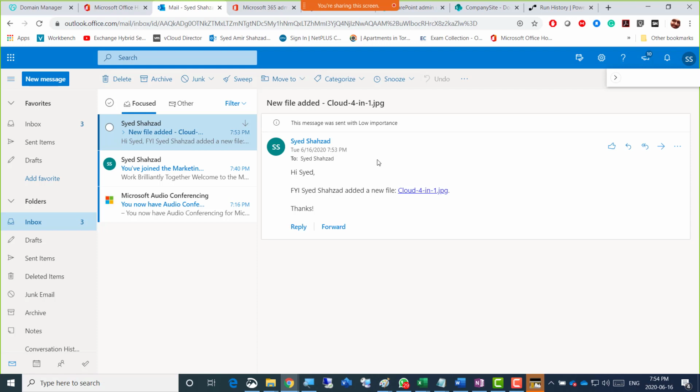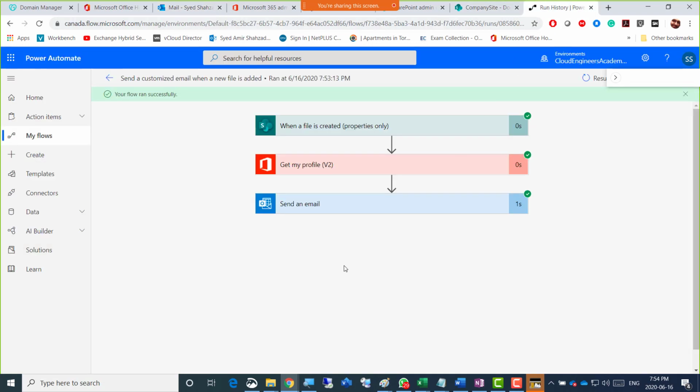So this is, I didn't have to email it to myself, but this means also that if you upload a lot of files, every file is now going to be emailed, and then you can play with the whole Power Automate, and you can see all the advanced features of Power Automate as well, that what else you can automate, and how many other types of